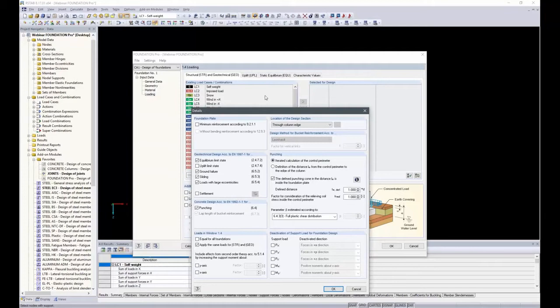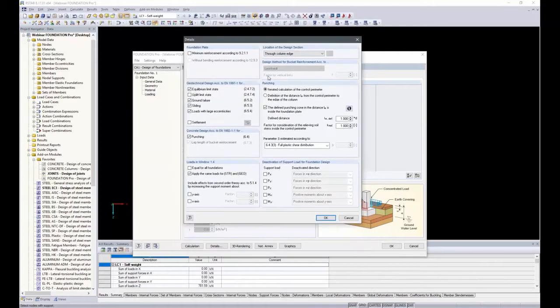A few more notes regarding the details. The check for the punching design can be deactivated if it's not necessary. Also, the flexural design of the bucket or the plate cannot be deactivated. They will always be done depending on the type of foundation. On the lower right, I can